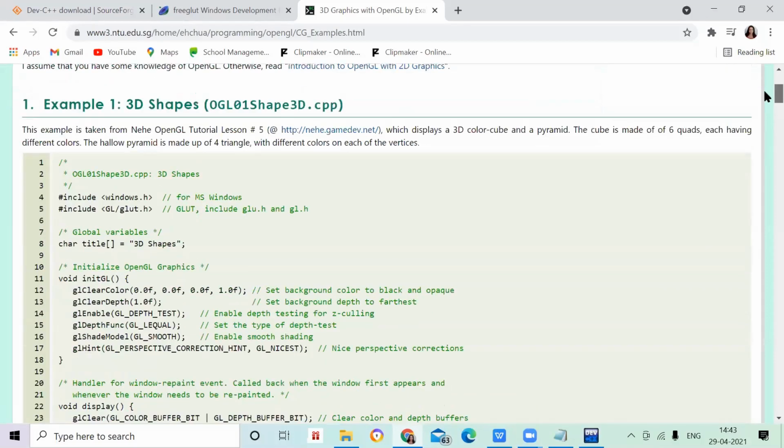While copying and pasting this example, don't forget to remove only this much. Just remove this much. This windows.h is not required. Just delete it and then run your program. Your program will give you the output absolutely. Don't worry about that. Because here some glut files are there, GL and all, which we have already installed in our Dev C++. That's the reason it will work. So I hope you have understood how to install your software. Please try this. Thank you.